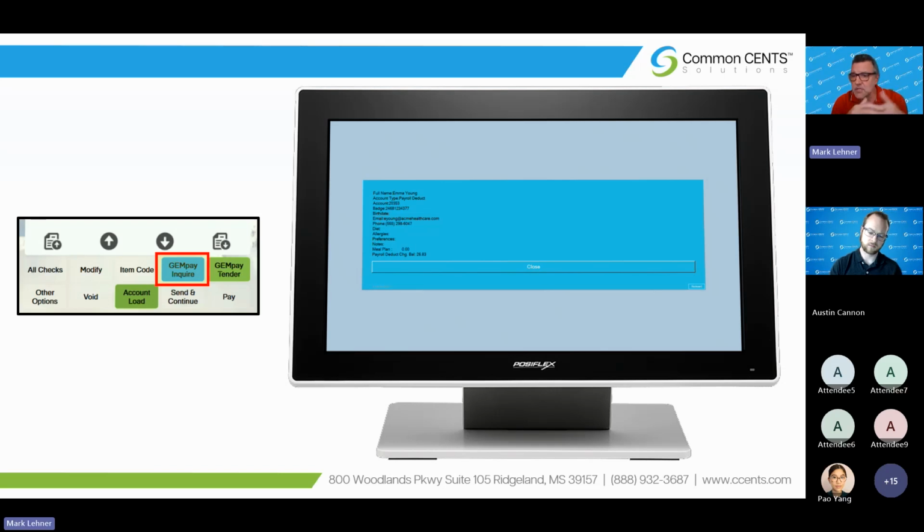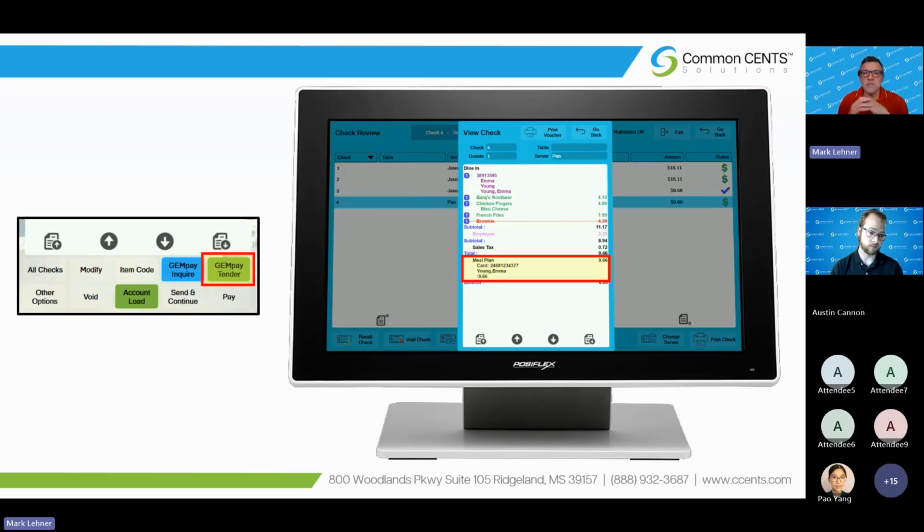There is an option to add money onto that account if they need to. That's that account load button there. But in this case, this user was just buying lunch and her total came to about $9. So she had plenty in her account to go ahead and buy that meal. So basically, the cashier is just clicking a button, the user swiping their badge, and they move on with